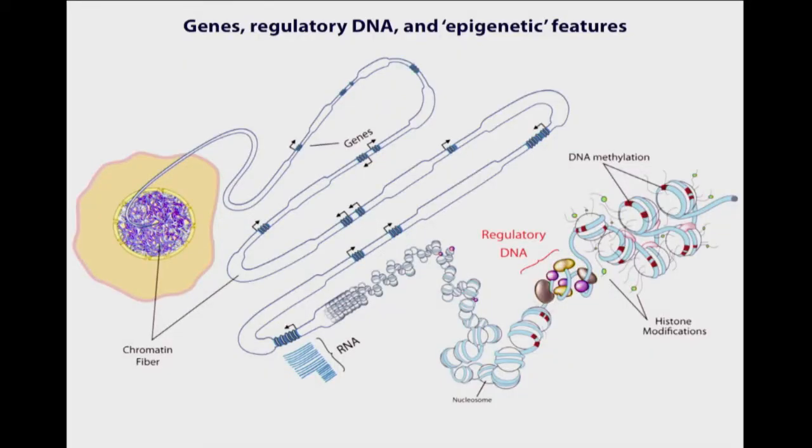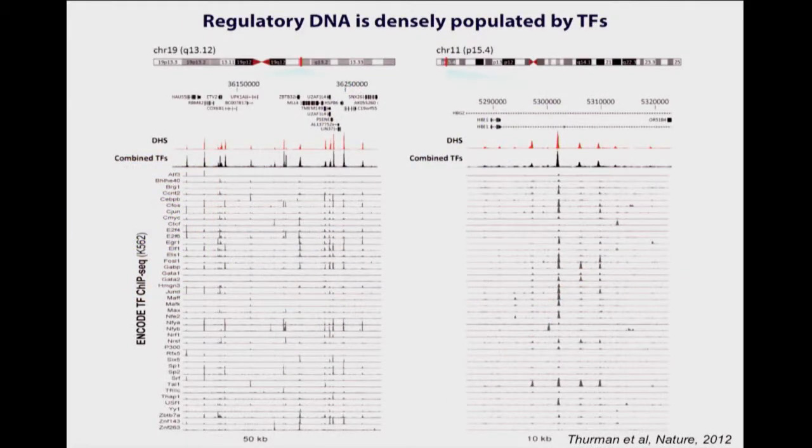Okay, so what does this look like when you look at transcription factors on a one-by-one basis using a method like ChIP-seq? You can go, for example, to a couple of different regions here. This is a region of about 50 kilobases around chromosome 19, done in one of the ENCODE reference cell types, K562. Here's the DNase 1 profile in red. Here's another region, a little smaller, 10 kb, around the beta globin locus control region. And what I have down here are the